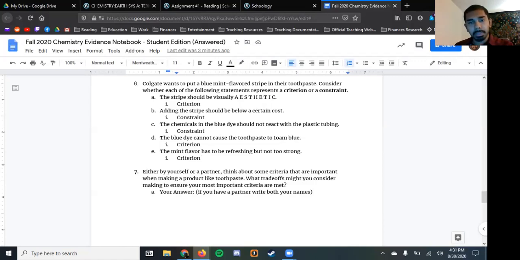Now, back to the toothpaste. Aesthetic, no foaming blue, refreshing mint. So what trade-offs might you consider to ensure your most important criteria are met? What you're basically saying is that, and this is completely subjective and it is subject to change based on your own preference, but for me, I would say that if I want my stripe to be appealing,